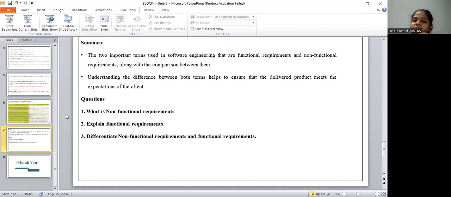The possible questions we can expect from this unit: what are non-functional requirements, explain functional requirements, differentiate non-functional requirements and functional